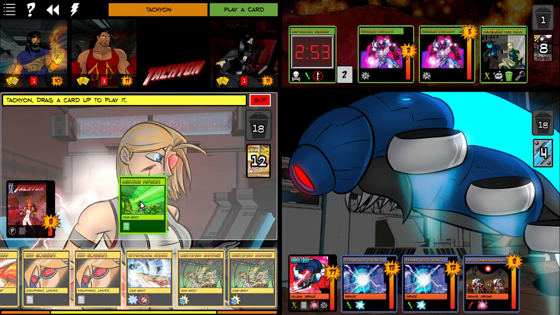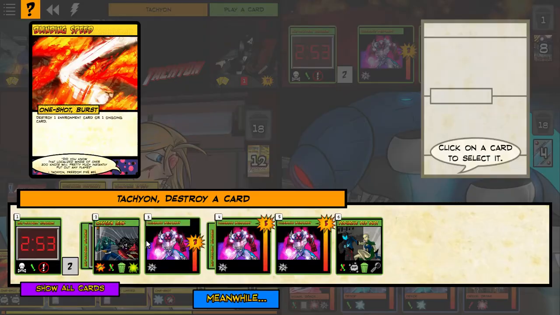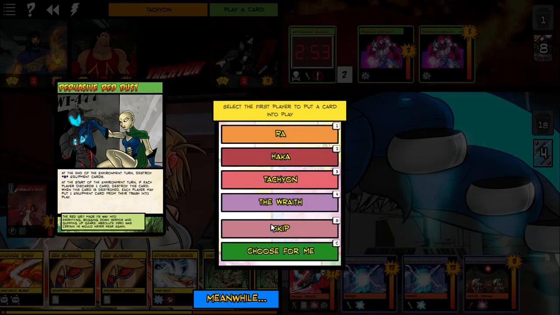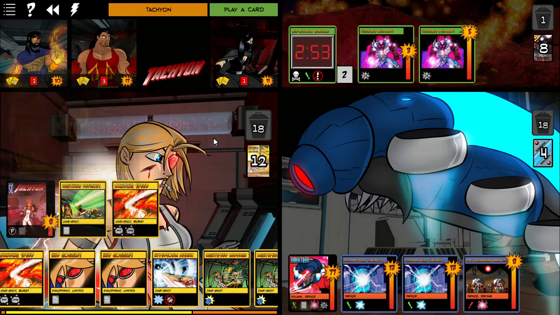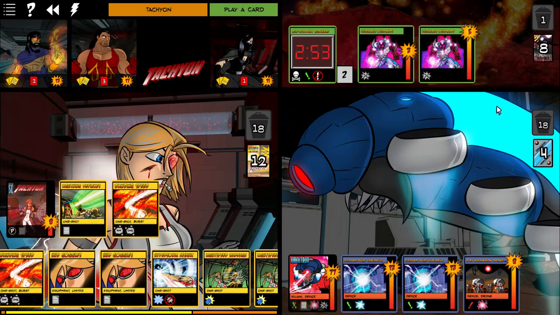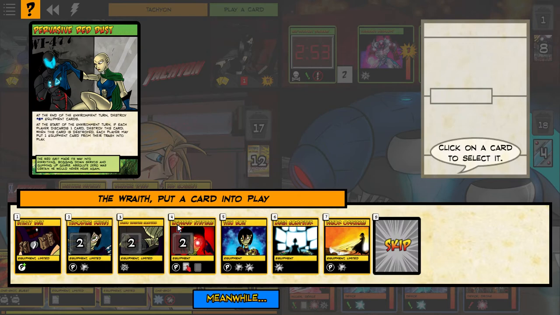So I'm going to use Lightning Reflexes here so I get to play 2 cards. We are going to use Blinding Speed to destroy the pervasive red dust. That's going to give everyone their equipment back. So, Staff of Ra with its hit points intact. We'll take the Taiha so I can smack them later if I don't run into more red dust. Goggles so I get another card play here. And...